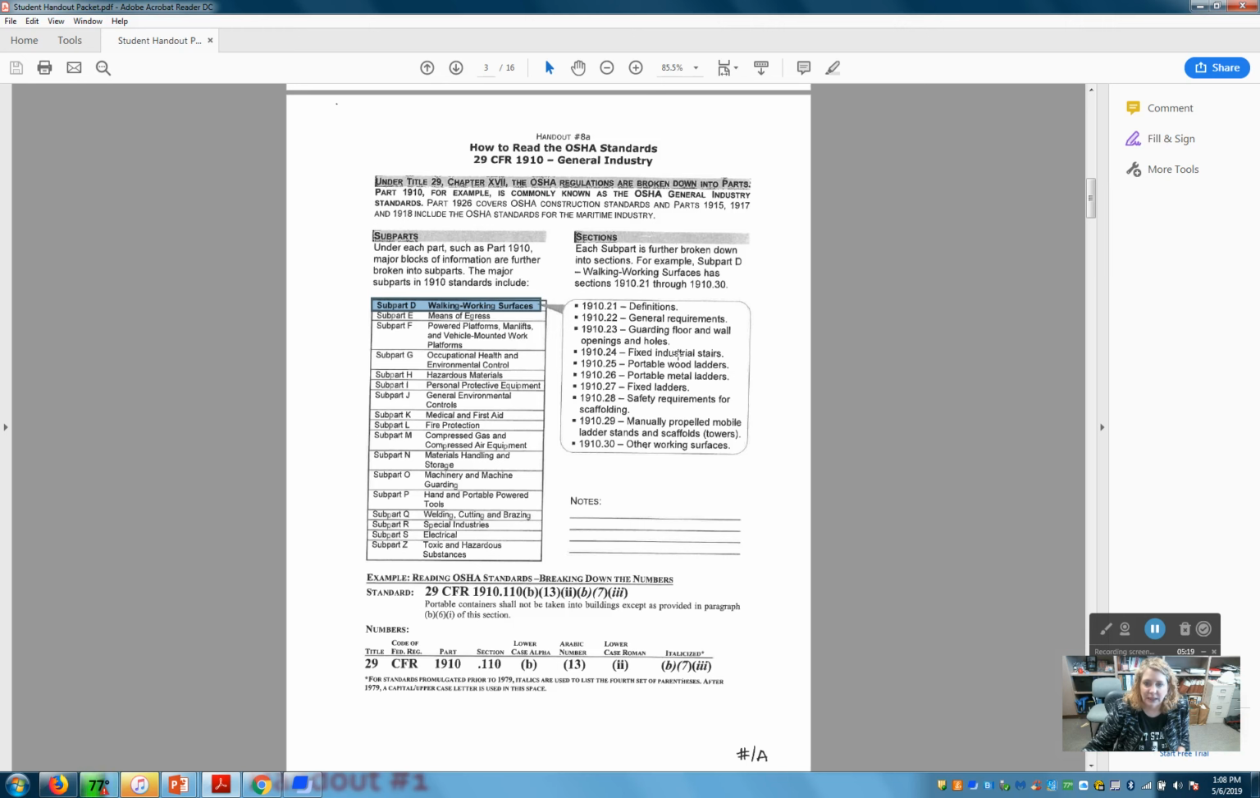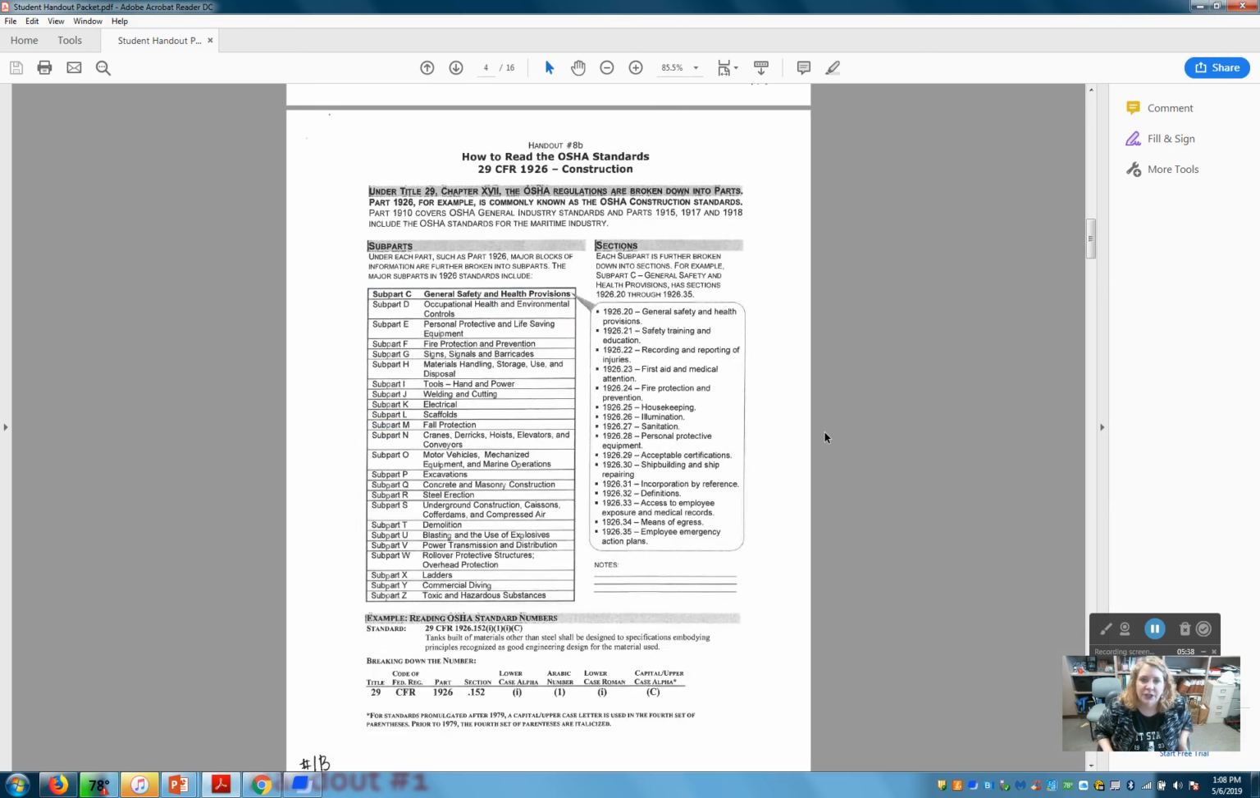.24 has fixed industrial stairs and so forth. So it's really broken down somewhat like that. Okay, so let's remember subpart L, and we'll talk about that. Subpart L is fire protection under general industry. So the next sheet, which is also in your handout, says at the top